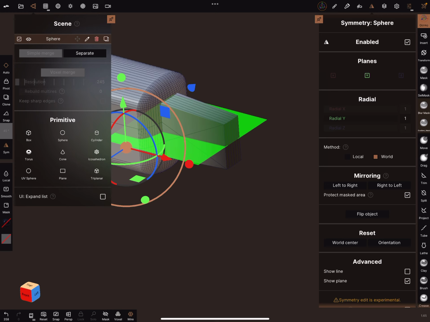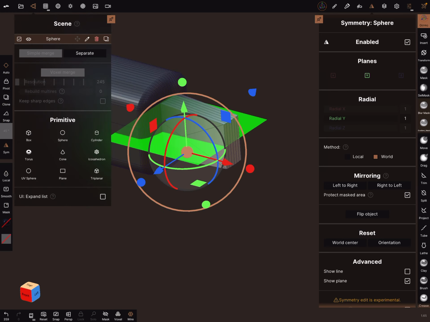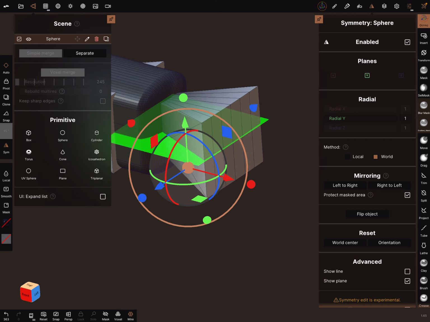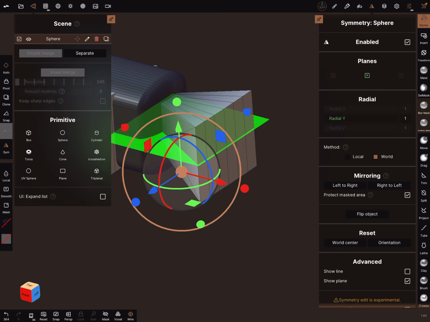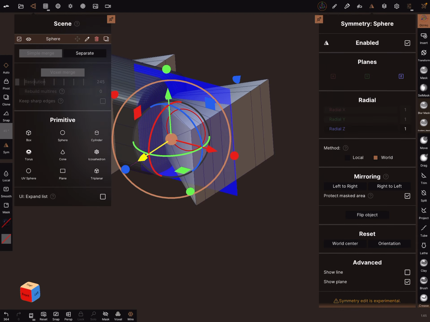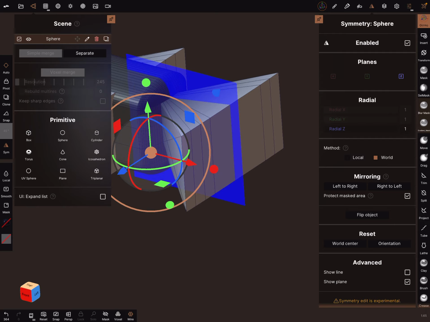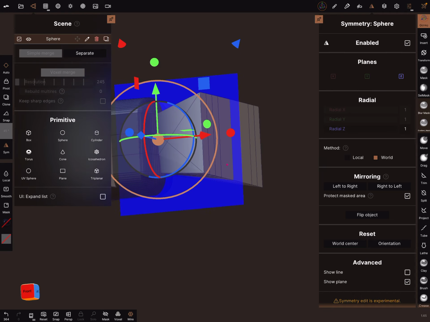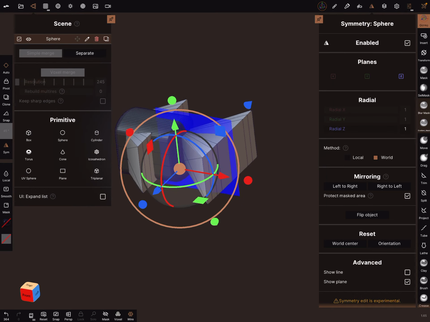And you can invert the mask and see what happens when you do it like this. Oh. So you can create some crazy parts.